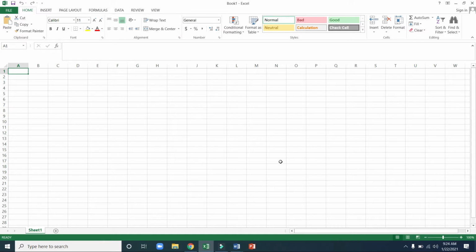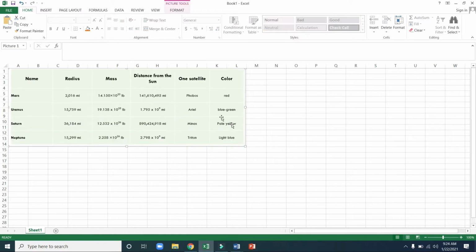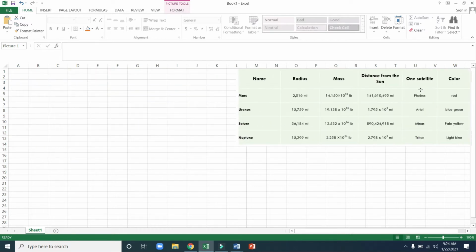For my easiness, I'm sharing the screenshot of a previous database which we have to create. I'm just placing it over here to identify and write it properly. First of all, you have to write name in the cell. Then you have to write radius. Then I have to write mass. Then distance